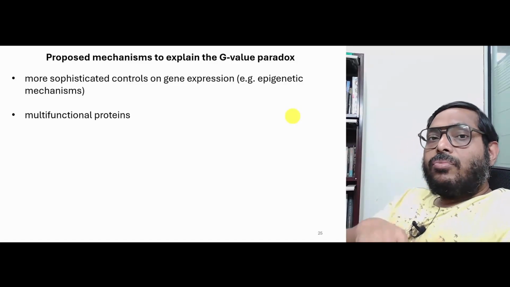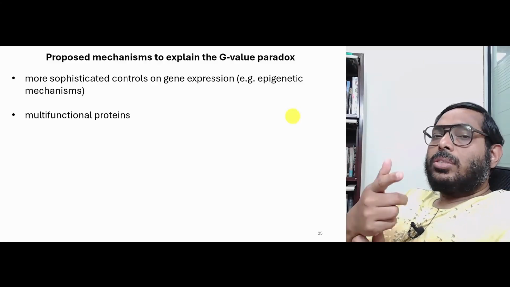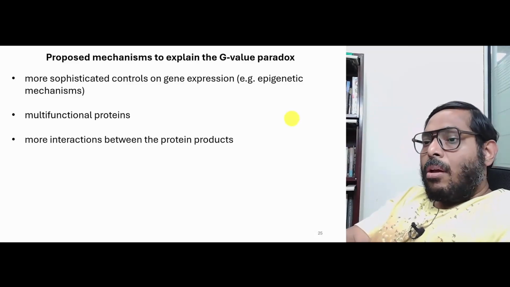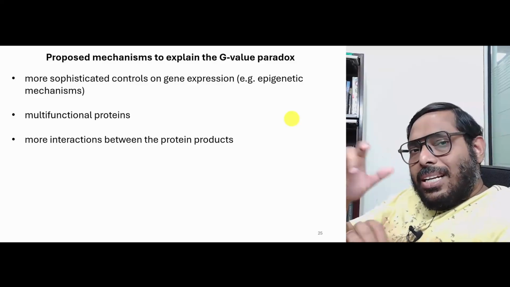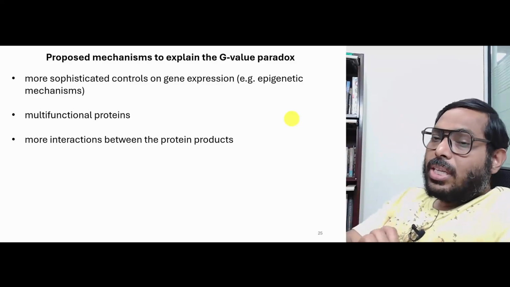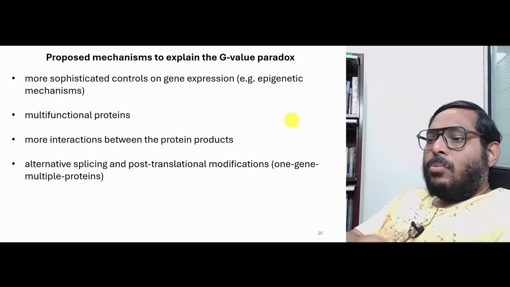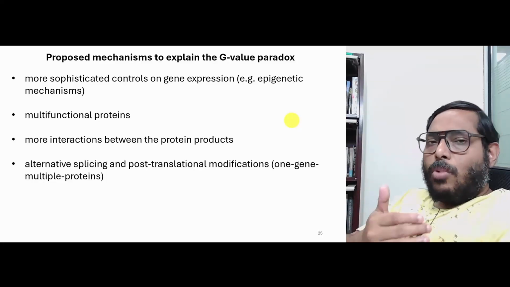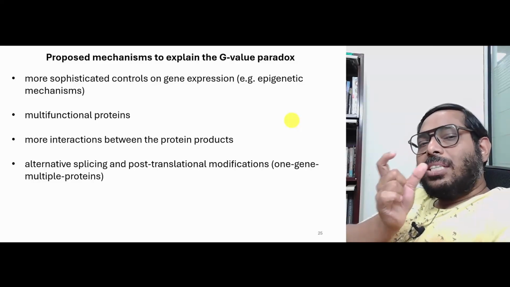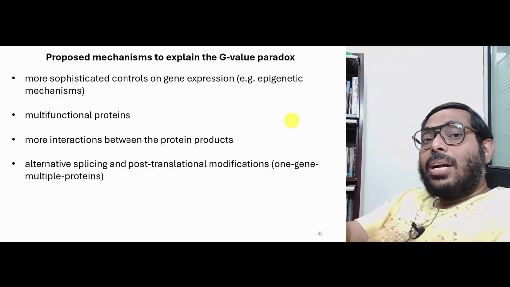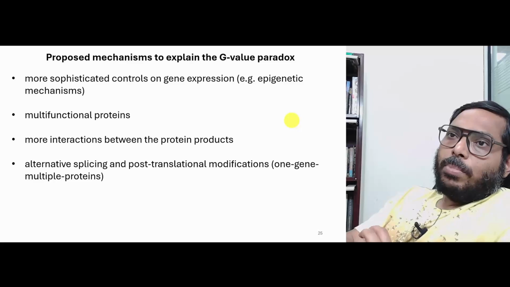Similarly, in many of these organisms, maybe the proteins are multifunctional. Instead of one protein doing just one job, maybe one protein is doing multiple jobs. Or maybe the number of interactions happening in the metabolic pathways is much greater. Or, as we already know, there is alternative splicing and post-translational modification. All these things mean that you have just one gene, but the number of functional products coming out of that gene is much greater,